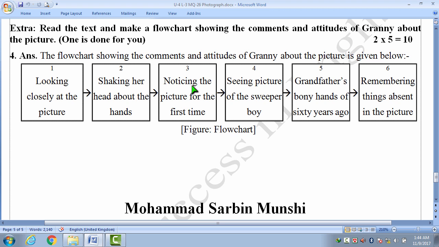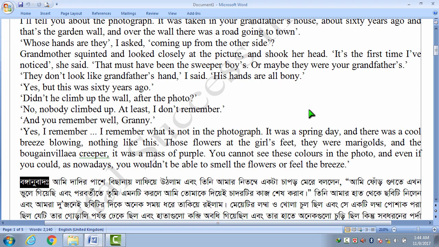In the third number box we have written noticing the picture for the first time. We are going to the passage. It is the first time I have noticed. এটি সে প্রথমবারের মতো দেখলো। সো এখানে notice ভার্বের সাথে আমরা ing করে noticing the picture for the first time লেখা হয়েছে।